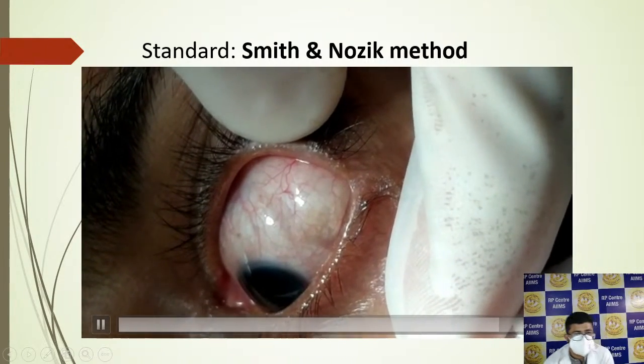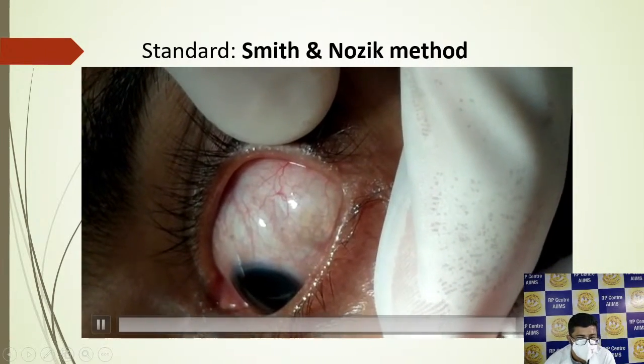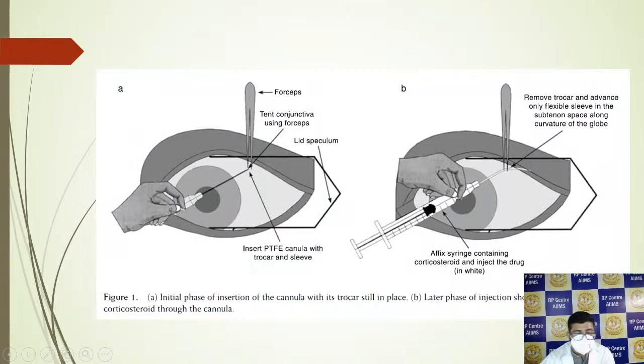So this is the standard Smith and Nozik method. And the cannula method, which I was talking about, uses the 26 gauge cannula of an IV needle, and first you have to insert the trocar for 2 mm, and then you retract the trocar, and then you insert